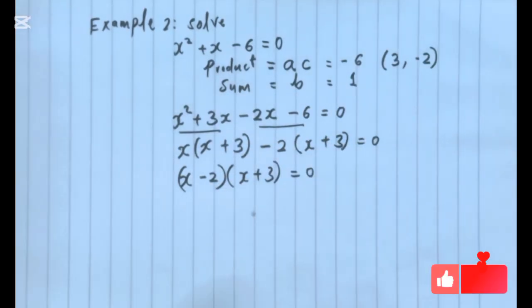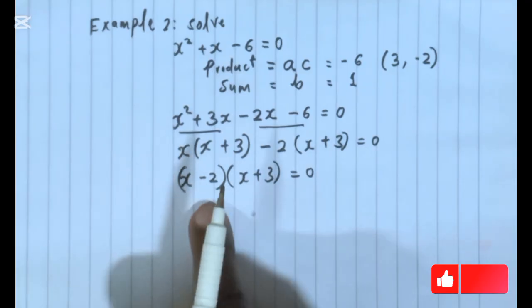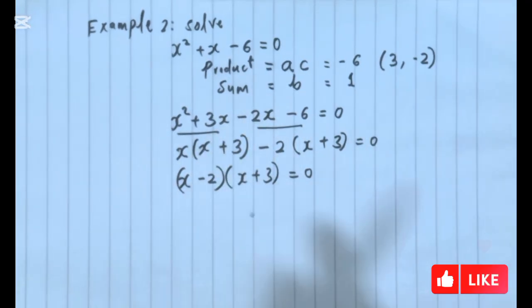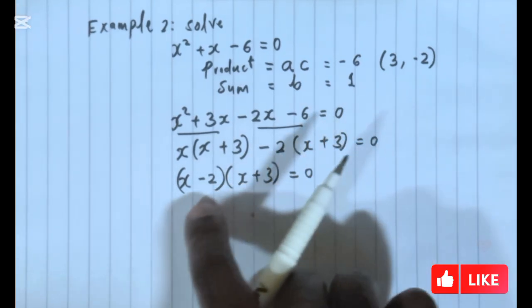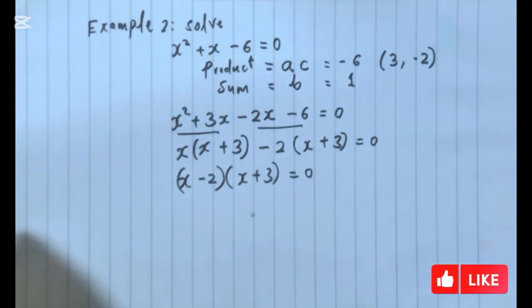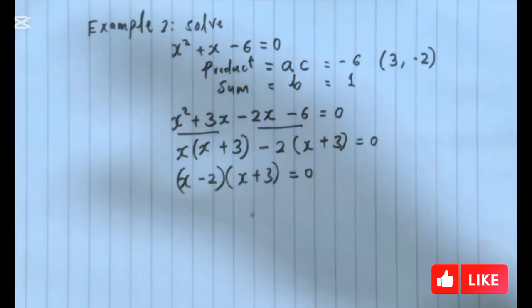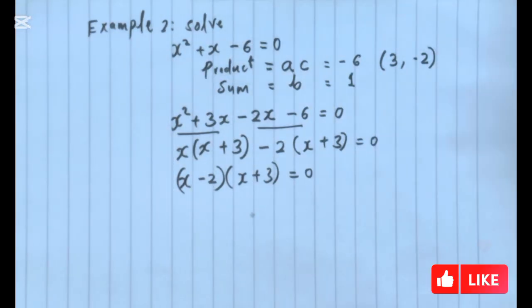All right, so we assume that either the first term or the second term is equal to 0. Why? Because any number multiplied by 0 should be equal to 0. We know, however, that the product of these two should give us 0, so we don't know which one of these is supposed to be 0. So we are going to find the possible values of x in the first and the second term that may